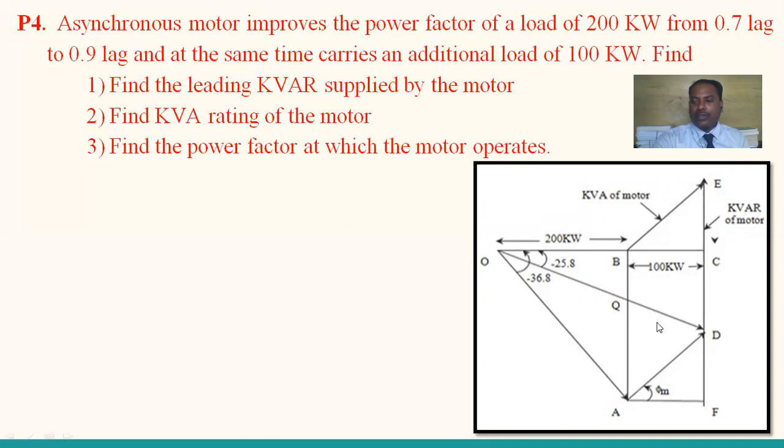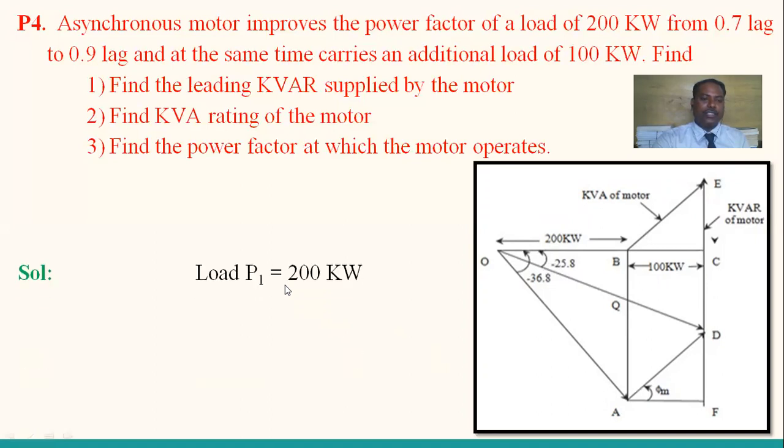Lagging is of high magnitude, leading is of nominal magnitude. Therefore the resultant reactive power is to be reduced. How much is it reduced? Whatever capacitive kVAR is supplied should be suppressed. So it is very clear here. The new reactive power is to be compensated. The new power factor angle, for a power factor of 0.9, is 25.8 degrees. Here minus represents lagging. I think you are clear with that circuit diagram, which is useful for understanding the entire problem.